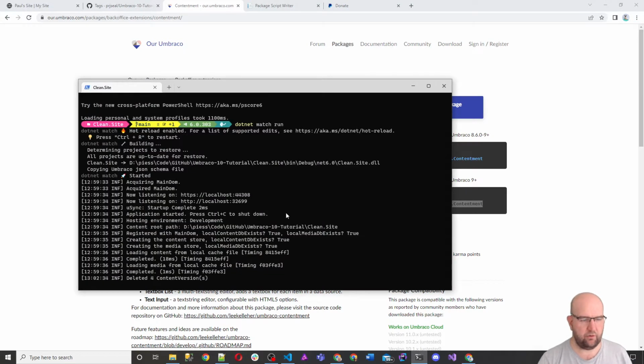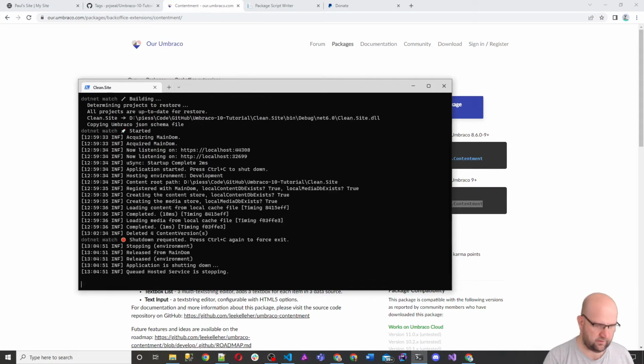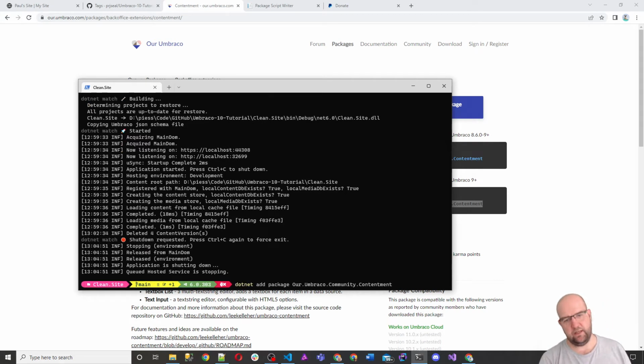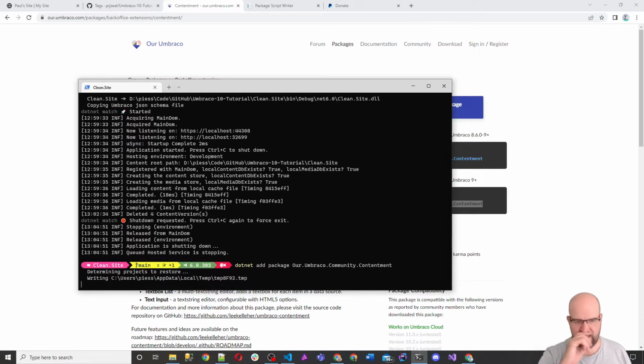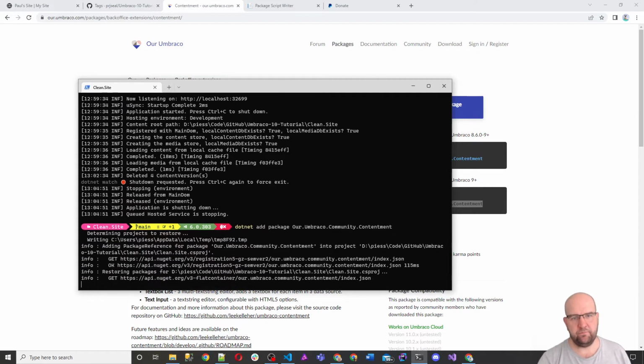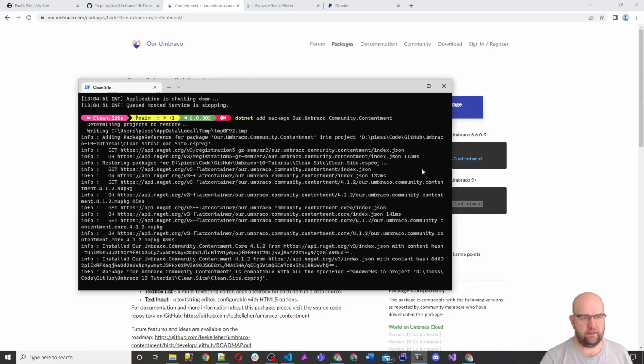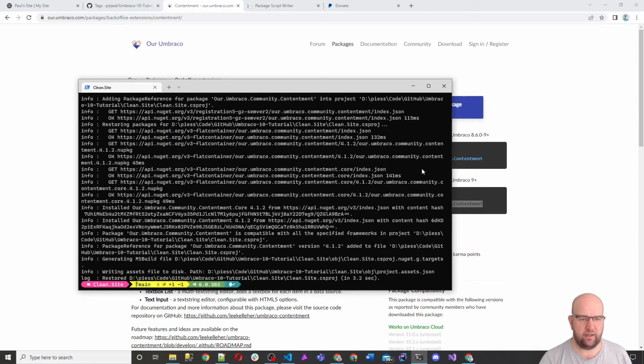So I've got a terminal already on my clean.site folder. I'm just going to cancel that and do Control V, dotnet add package Our.Umbraco.Community.Contentment. So this is straight away getting stuck in and using this package. You'll learn about the package and how to use it. This is just one feature that is part of this amazing package, so I'm sure we'll probably use it on other things later on in the series. So that has been installed. So if I do dotnet watch run